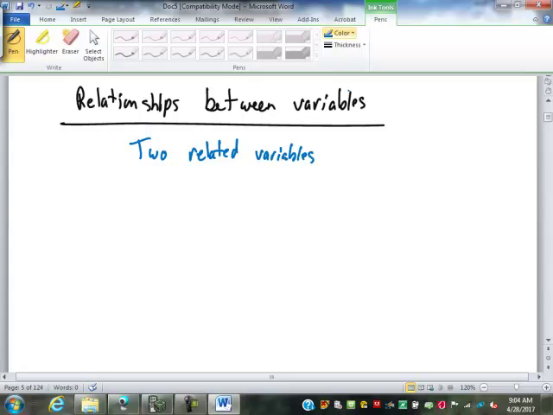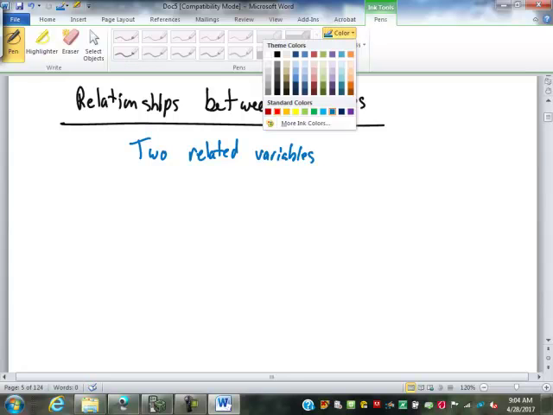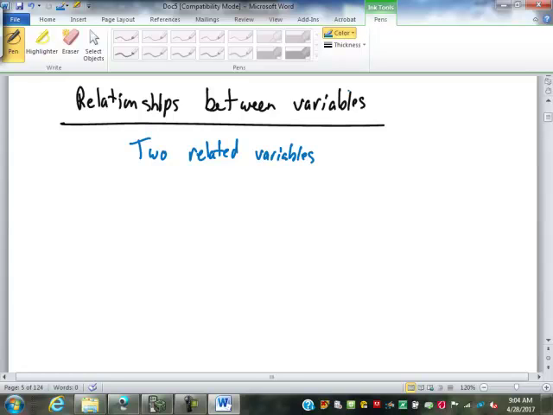In almost every case, there are other variables out there that we have to ignore because we can't consider all of them at once. Sometimes there's 3 or 4 that we can consider together at one time. But in most cases, we look at those two related variables